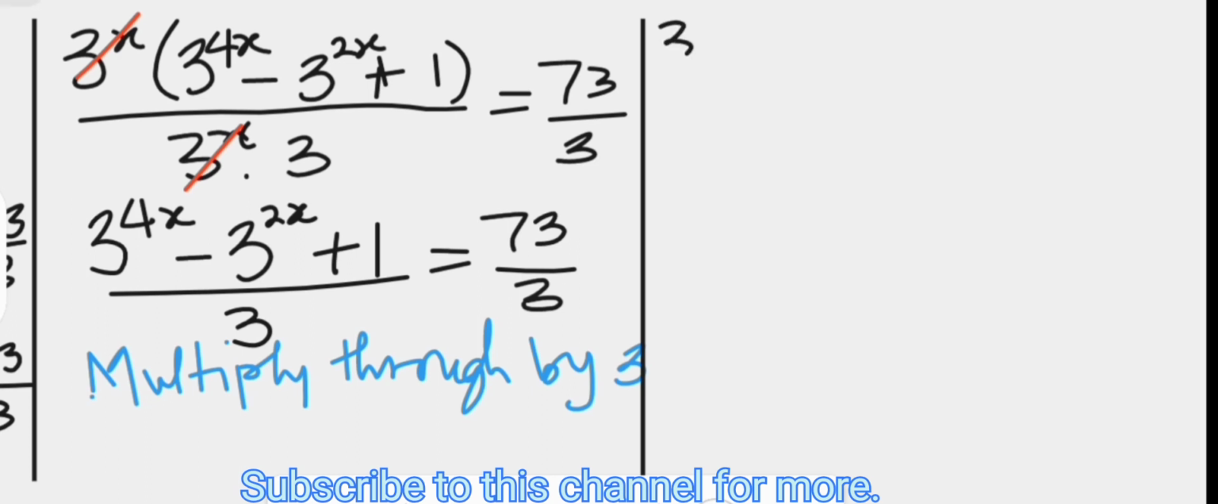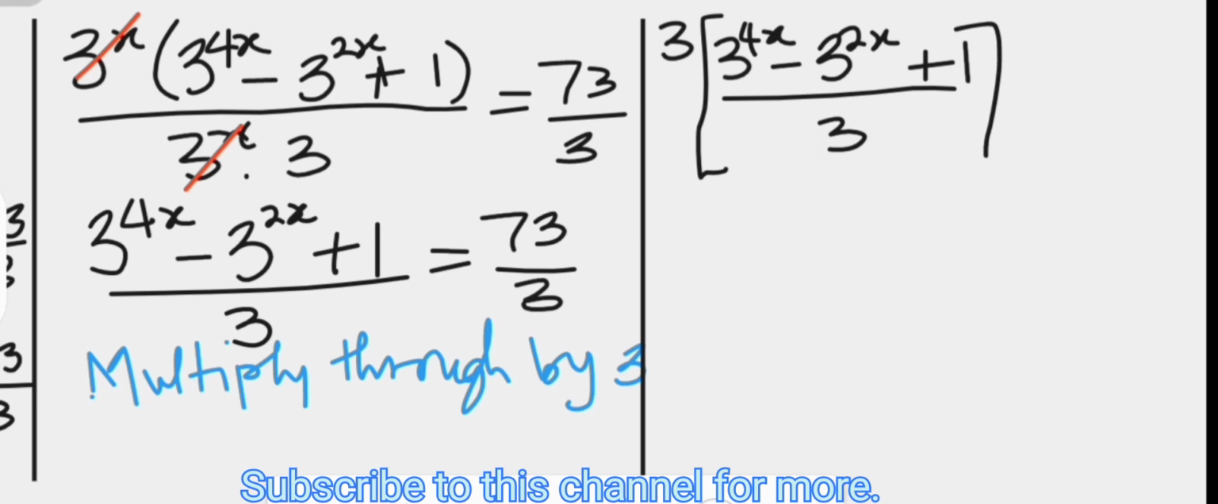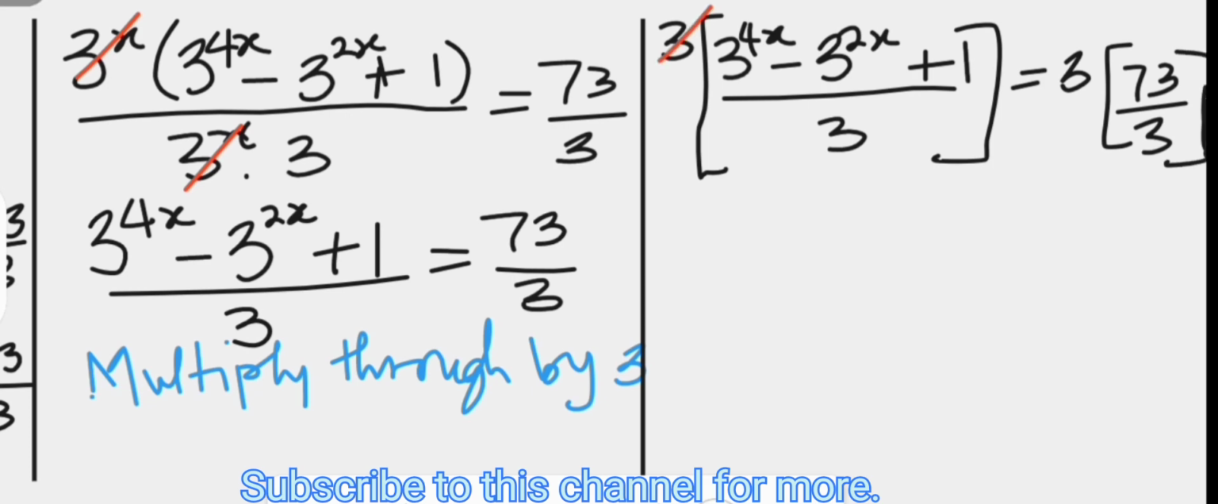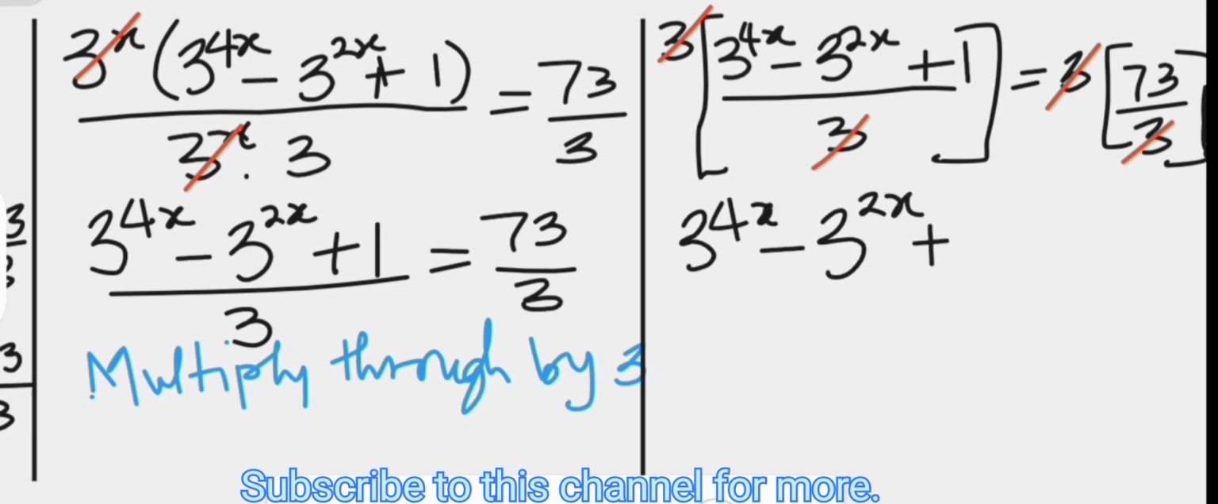Meaning that we have 3 times 3 raised to the power 4x minus 3 raised to the power 2x plus 1 over 3 on the left hand side, and on the right hand side we have 3 times 73 over 3, where the 3 cancels out the 3 on the left hand side, both in the numerator and denominator, and likewise on the right hand side. And that leaves us with 3 raised to the power 4x minus 3 raised to the power 2x plus 1